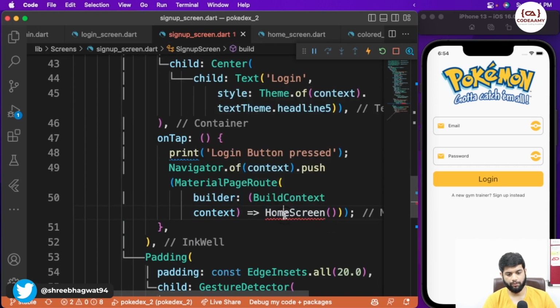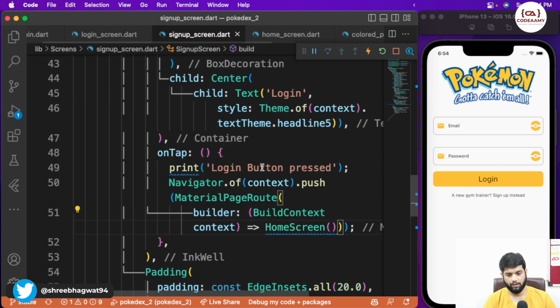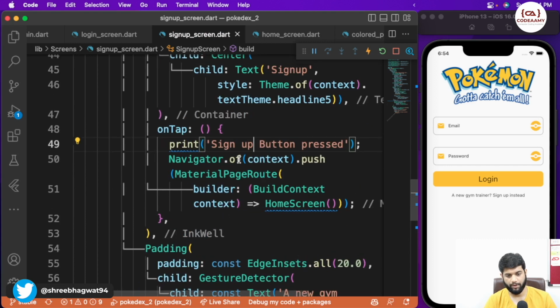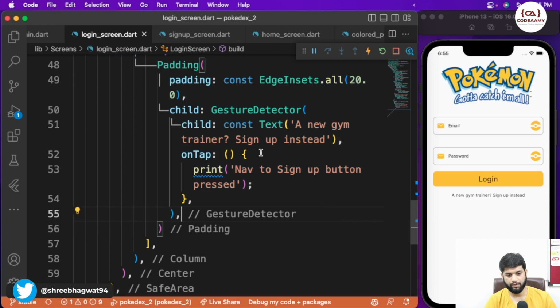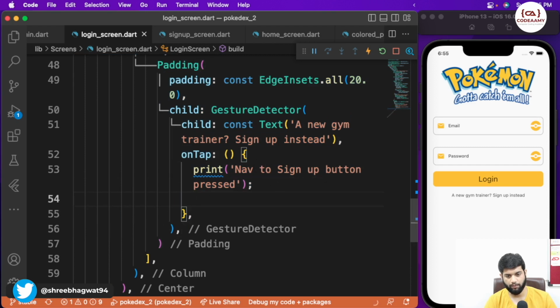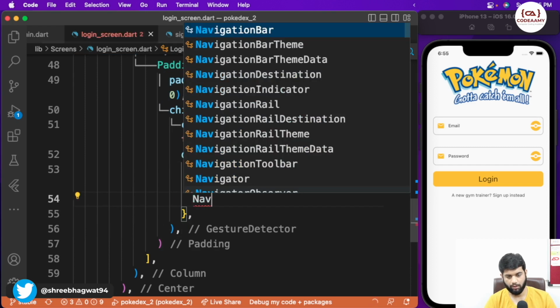And let me just remove this error. Would be sign up button pressed, and when the user presses on navigate to sign, we want user to navigate